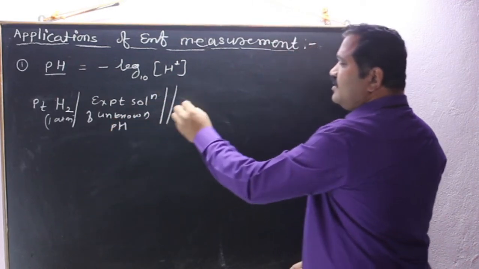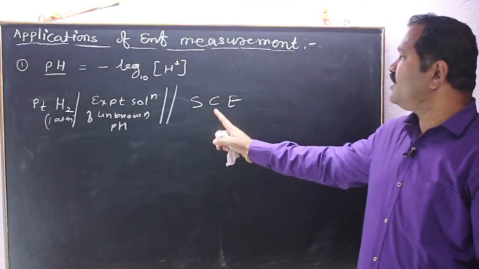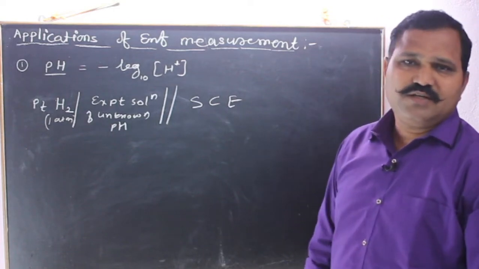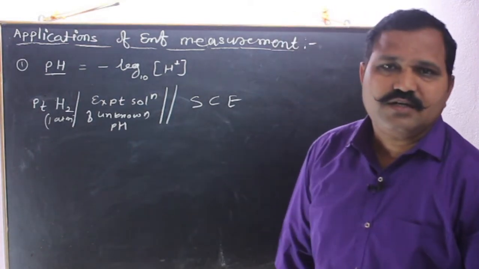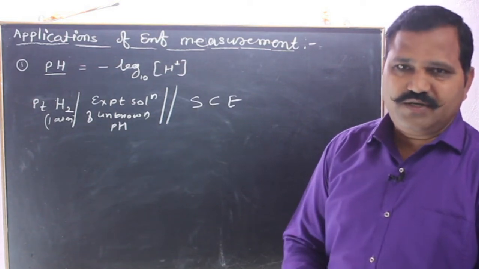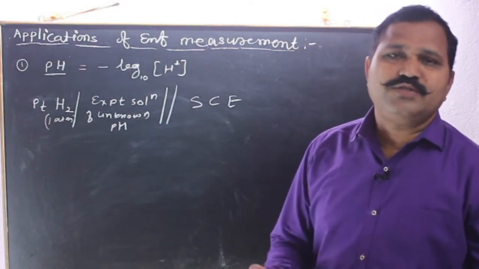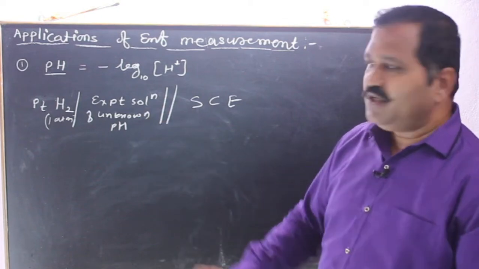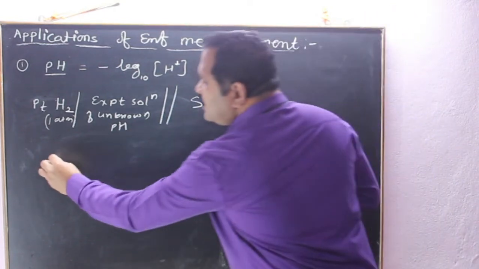and to this we are connecting a saturated calomel electrode. It is just a reference electrode for completion of the cell. Such a cell is constructed for determination of the pH of an unknown solution by EMF measurement. Now, the EMF of this cell is measured by using a potentiometer. Now here, E cell,